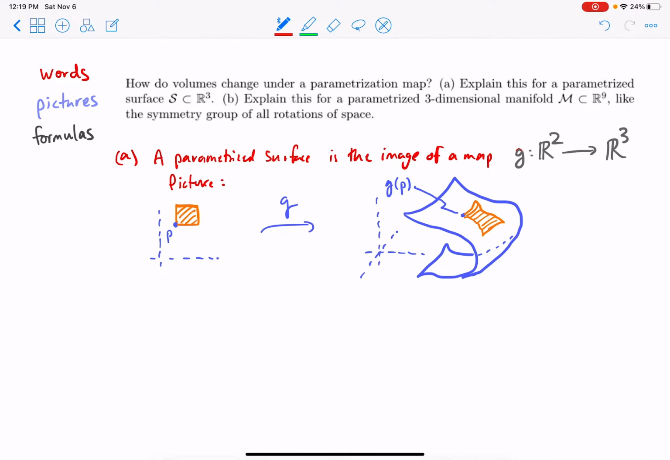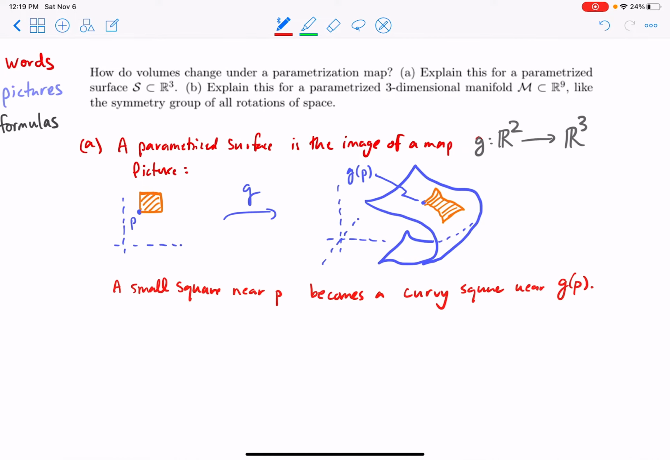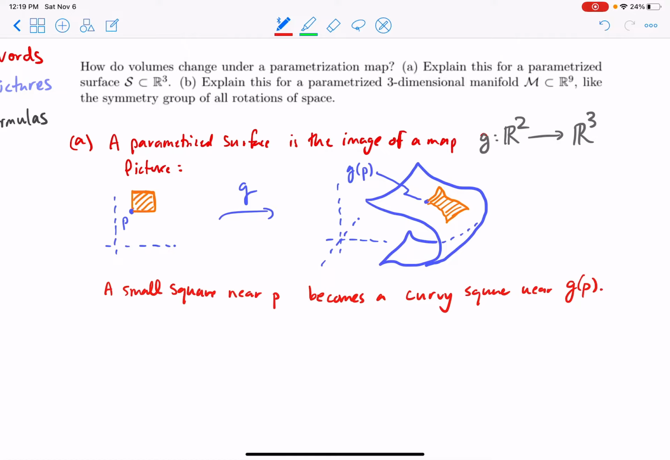Let me say it in words. A small square near P becomes a curvy square near G of P. Now, what happens though as we shrink our square? Well, the derivative thinks the square becomes a